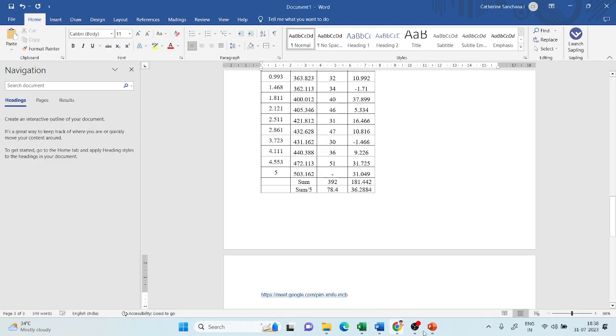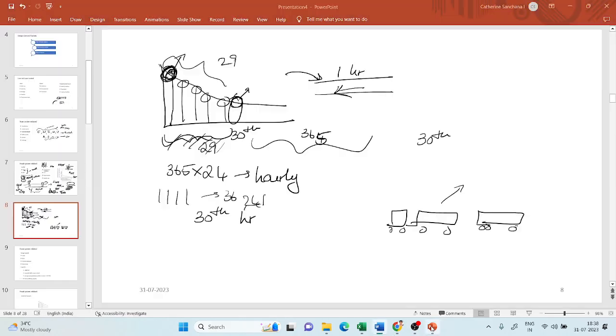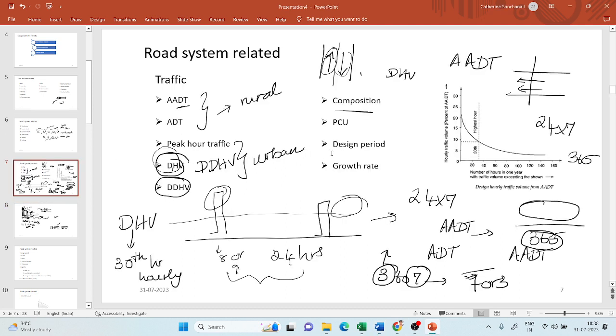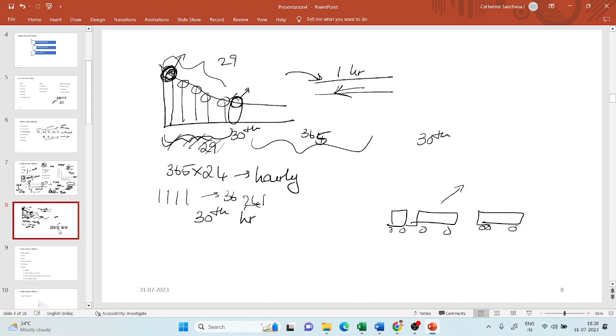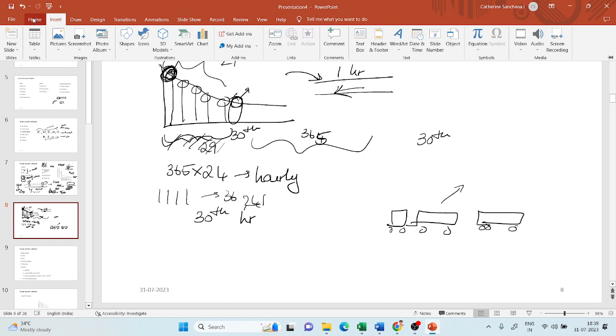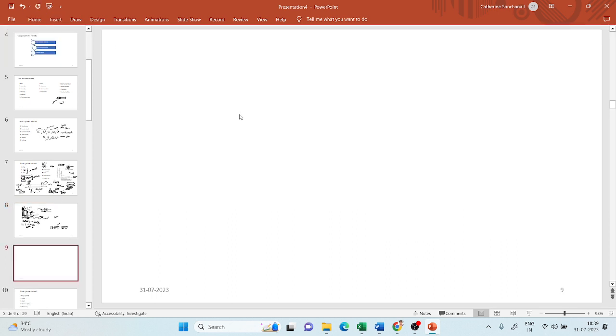Now moving on to PCU, which is passenger car unit. So why do we have this concept of PCU? And how do we find out PCU? So this PCU is called passenger car unit. So whatever design you do, you should